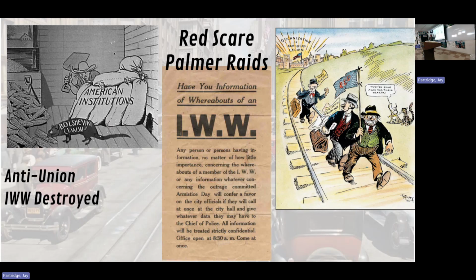And here's Bolshevism being attacked by American institutions, beating them with a shovel. We will see this cartoon when I show you the whole cartoon. Do you know anything about the IWW kicking Reds out of the town? What happened to labor unions in the 1920s? Get this last part. This would trigger a huge drop in labor unions, which were already small. Massive drop. And with fewer labor unions, wages stagnate or drop.